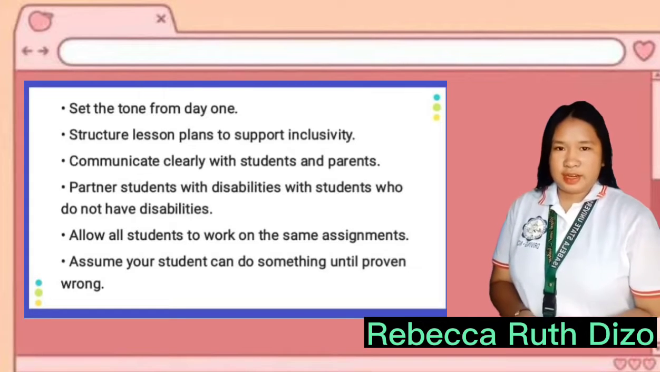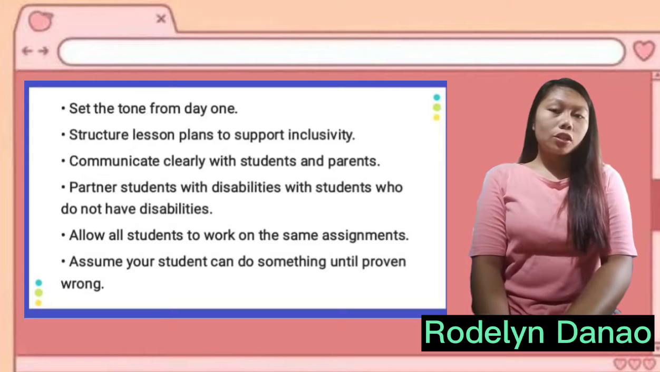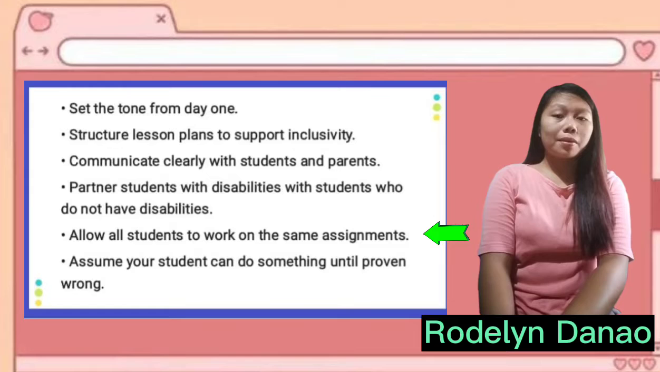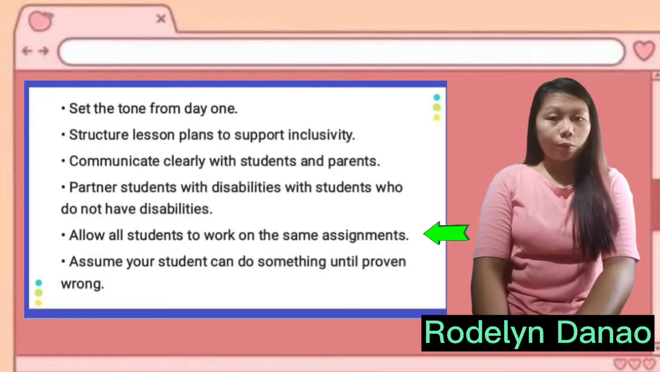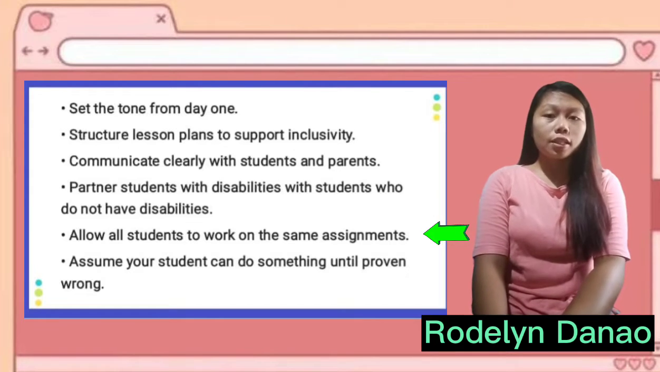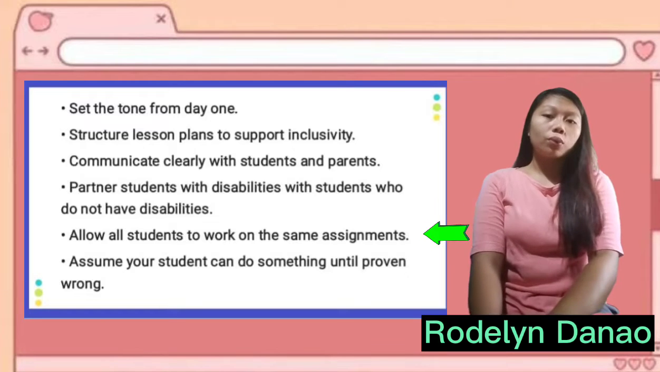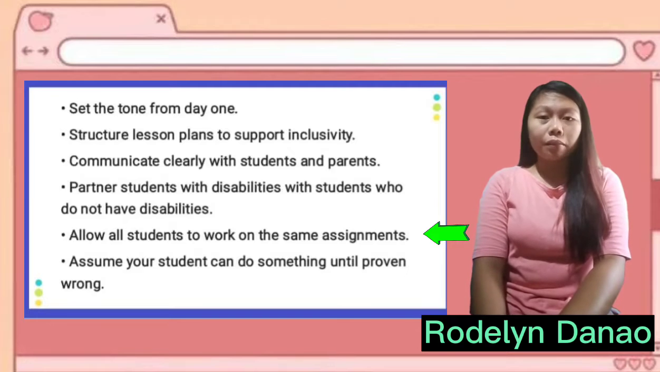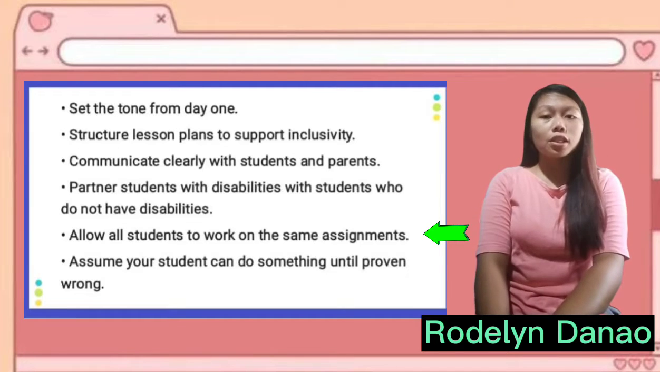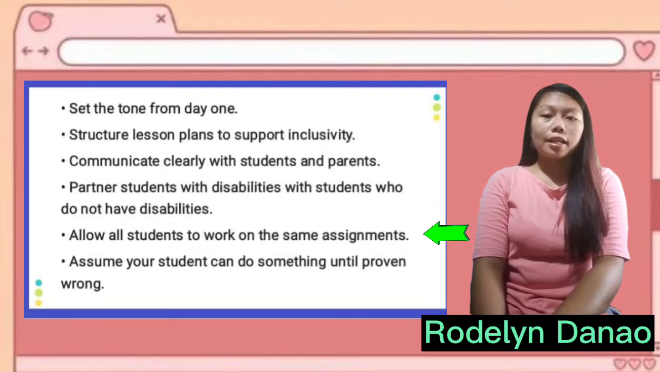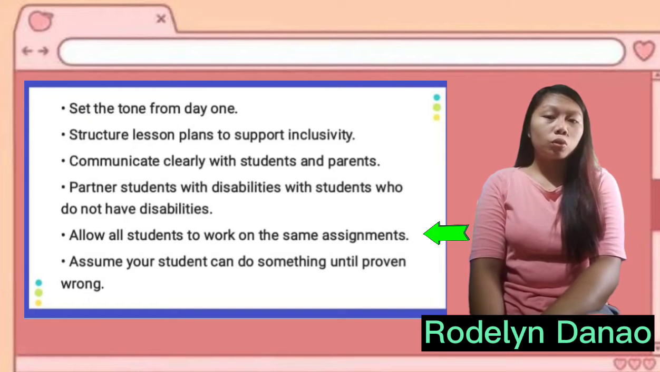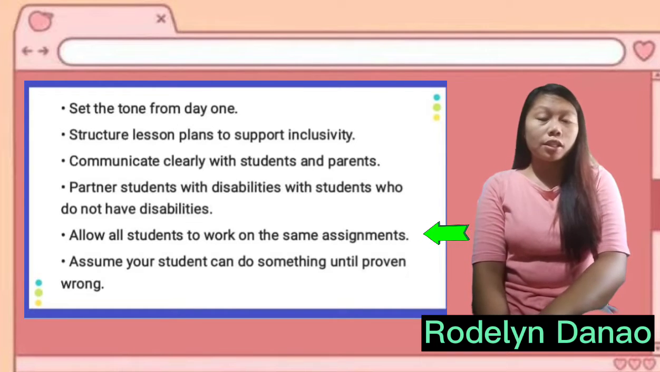each other's experience. So another tip and strategy for students with special needs is allow all students to work on the same assignments. Why? Inside the classroom, if you have a learner that has special needs, it's a must that you, as a teacher, will lead all your students to work together on the same assignments. For that, para ma-feel nung estudyante na may special needs na belong siya sa loob ng klase. Kasi because of collaboration of each student, mas nagaganahan at mas namomotivate yung estudyante na may special needs na mag-aral